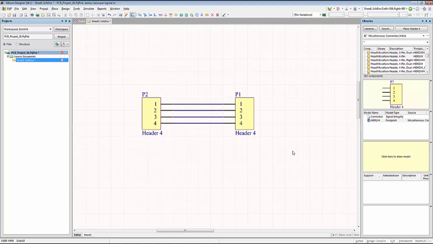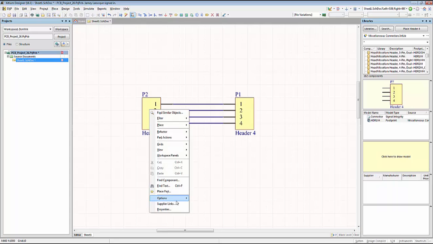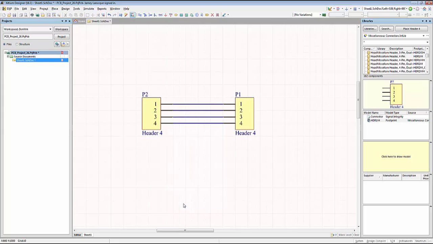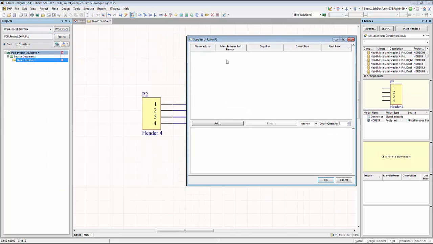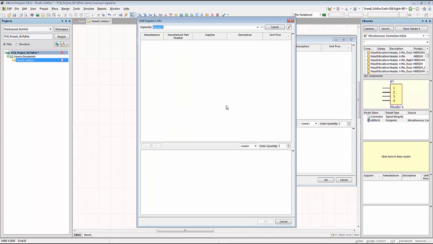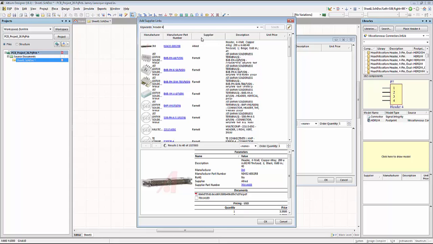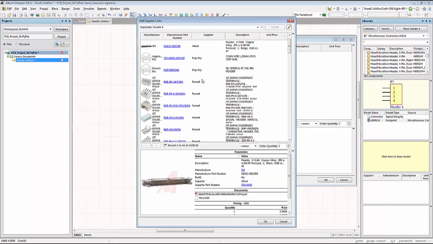So let's go ahead and add a supplier to both of our headers that we have here on our schematics. You can access it by going to System, Supplier Search, or you can right click on the component itself and access the supplier links function, and it brings you to the supplier links panel. We can go ahead and add from here as well. So let's go ahead and just search header 4. You'll see here that we are provided with multiple suppliers,